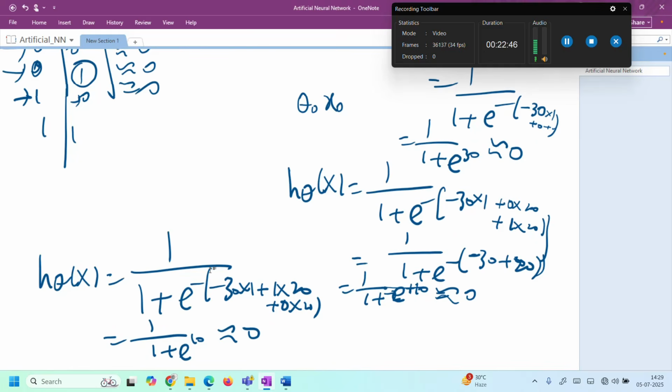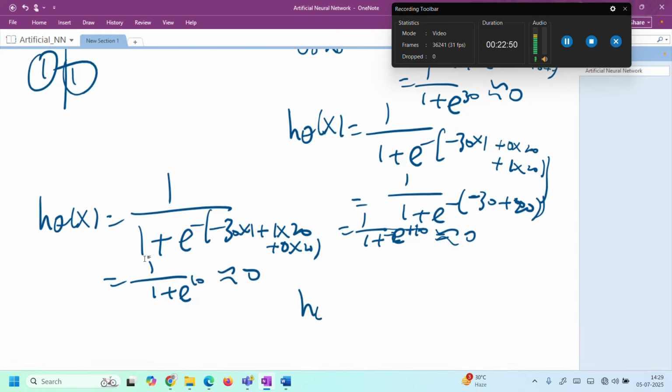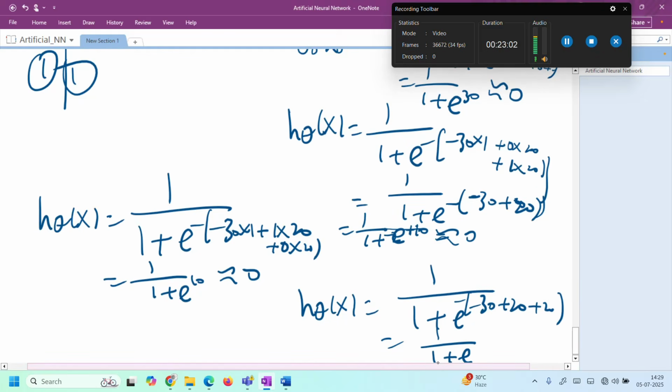Fine. Now what if both x1 and x2 are 1? What will this hypothesis function become? It becomes 1 divided by 1 plus e to the power minus 30 plus 20 plus 20, and there is a minus outside, so 1 divided by 1 plus e to the power minus 10. So e to the power minus 10 is very small, so this is approximately equal to 1. So hence in case of